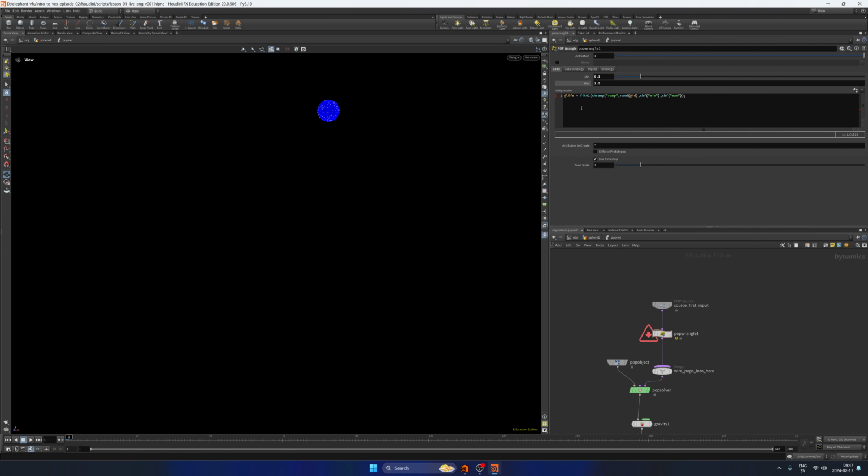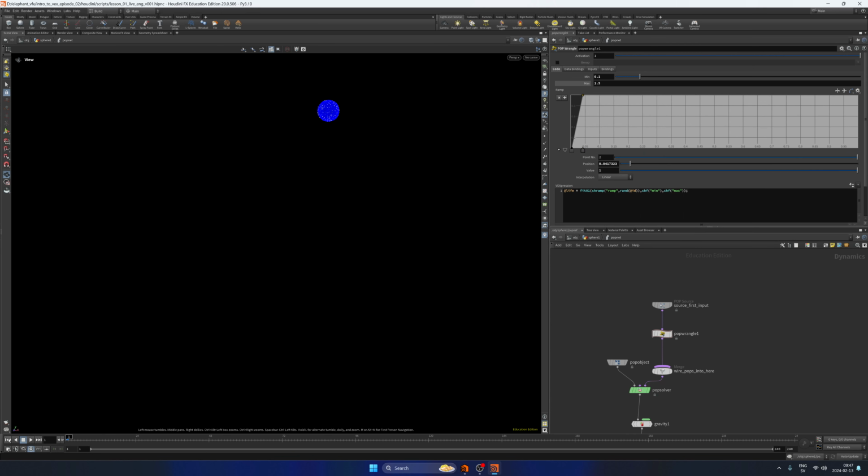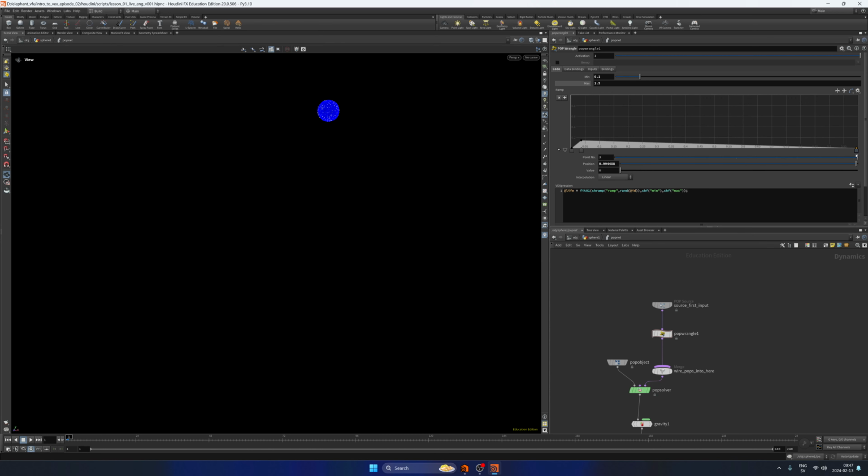I'm missing a parenthesis there, right? And now I can create that ramp. So now I can favor more towards 1.5 or towards 0.1, right? So if we do something like that, we're getting something like that, or we can do something like that, and right now everything favors 0.1,